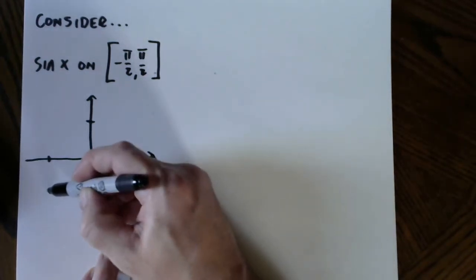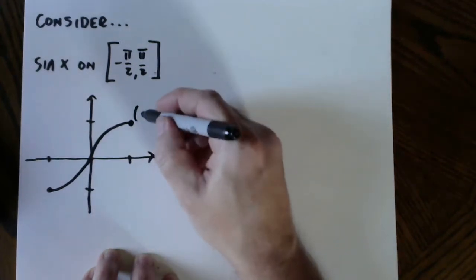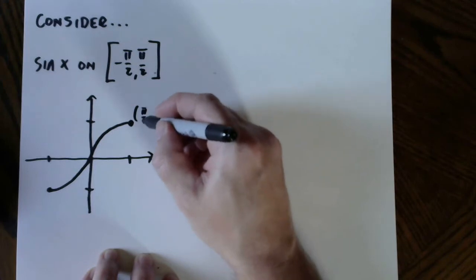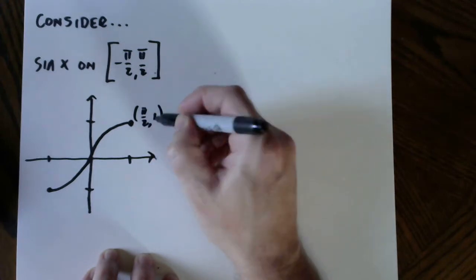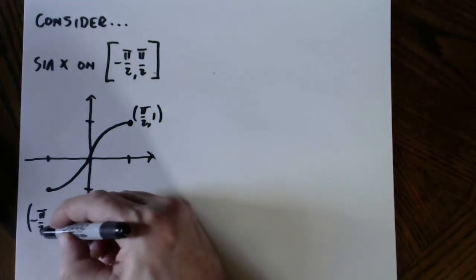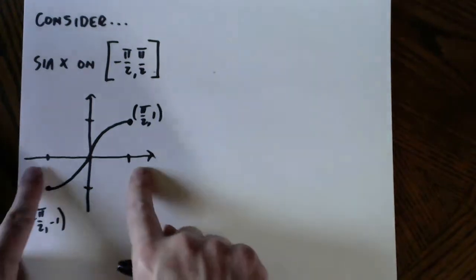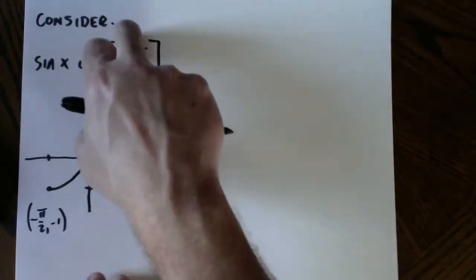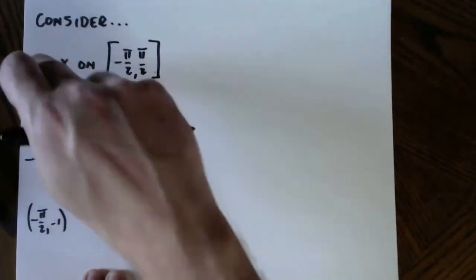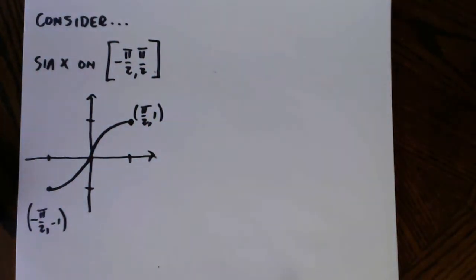So let's see if I can draw this nice. Okay, so this would be pi over 2, yeah, that's a point. Pi over 2, 1, and this would be negative pi over 2, negative 1. And if we restrict the domain to just this interval, we are one-to-one, and we can say we can have an inverse of this. Okay, so it's a little bit of an artificial fix, but